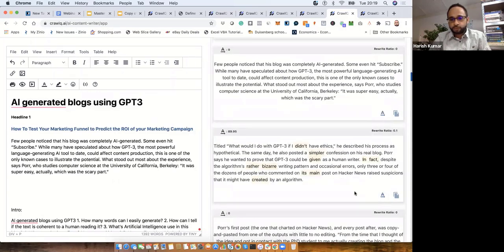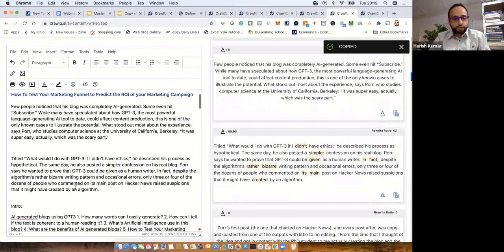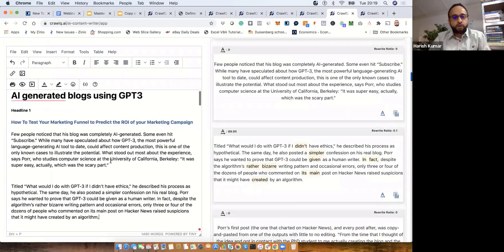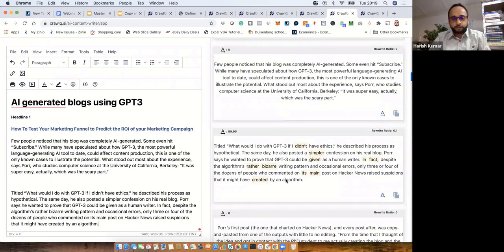So when I respin, I got another text. I can copy it and I can paste it here. So this is my another text. Now you can ask me that this approach looks like some tools out there like Phrase or some other tools